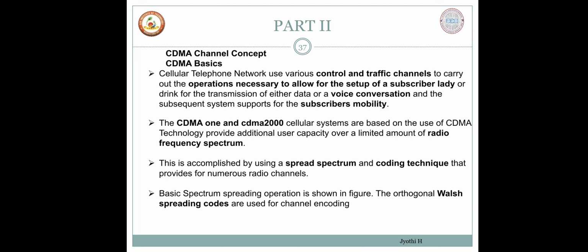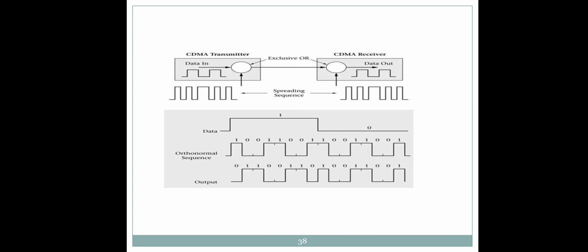The CDMA One and CDMA 2000 cellular systems are based on the use of CDMA technology, providing additional user capacity over a limited amount of radio frequency spectrum. This is accomplished by using spread spectrum and coding techniques that provide for numerous radio channels. The basic spectrum spreading operation is as shown in the figure: orthogonal Walsh spread codes are used for channel encoding. This is the Walsh code, where data 1 and 0 are transmitted with the orthogonal sequence, so it is getting multiplied,